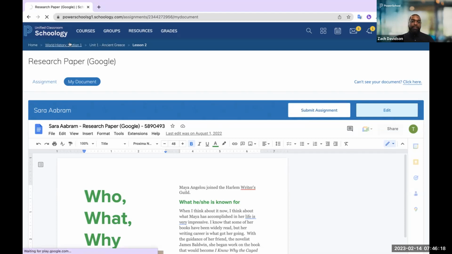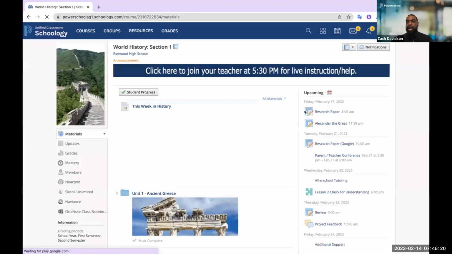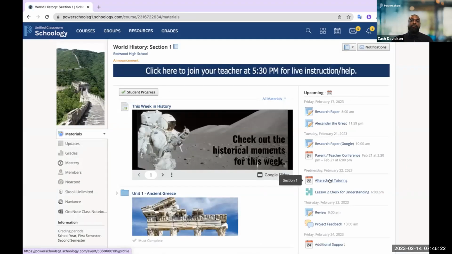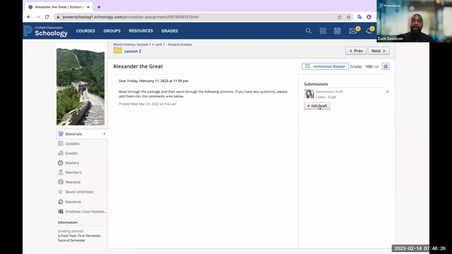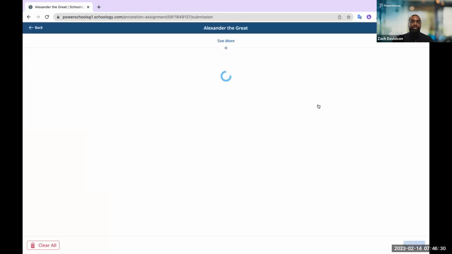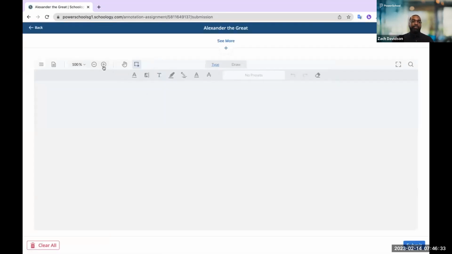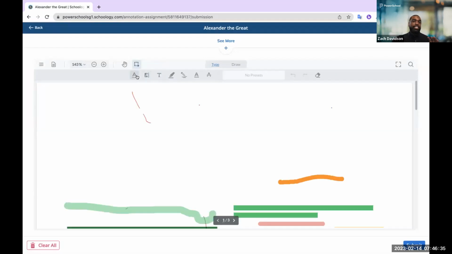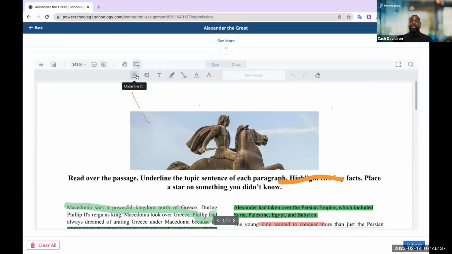Additionally, though, outside of the Google integration, we also want to highlight some capability around annotation, right? And what that looks like from a student perspective. So as teachers push worksheets or different PDFs to students, they can come in and still leverage the annotation tools provided by Schoology to highlight, to freehand draw.